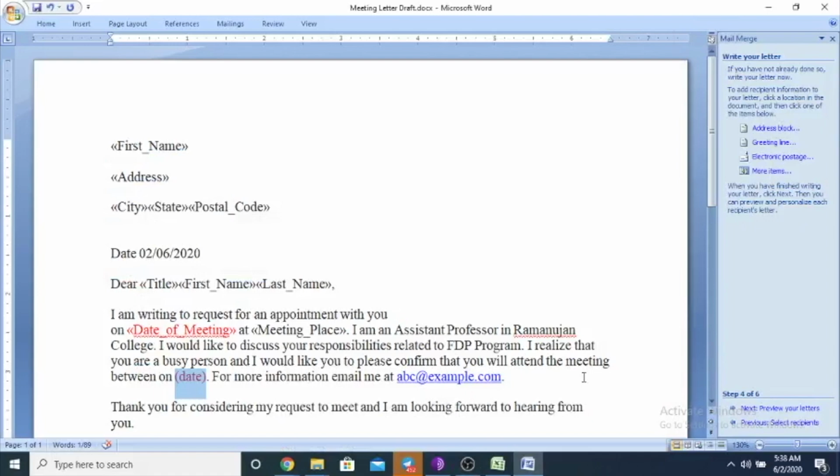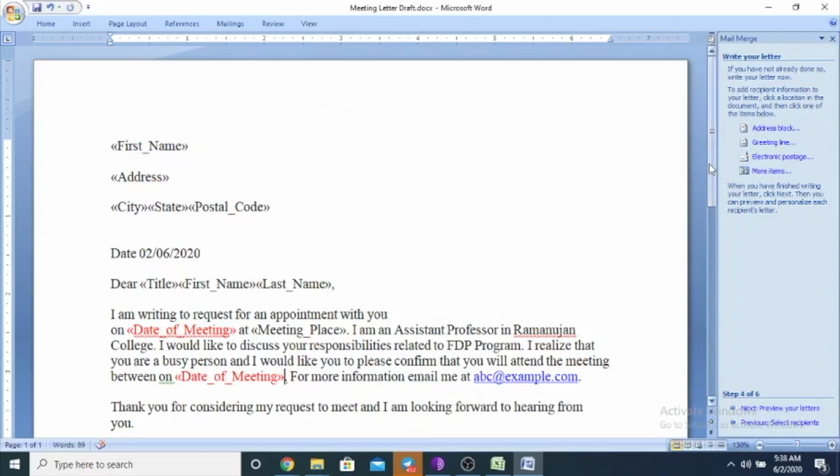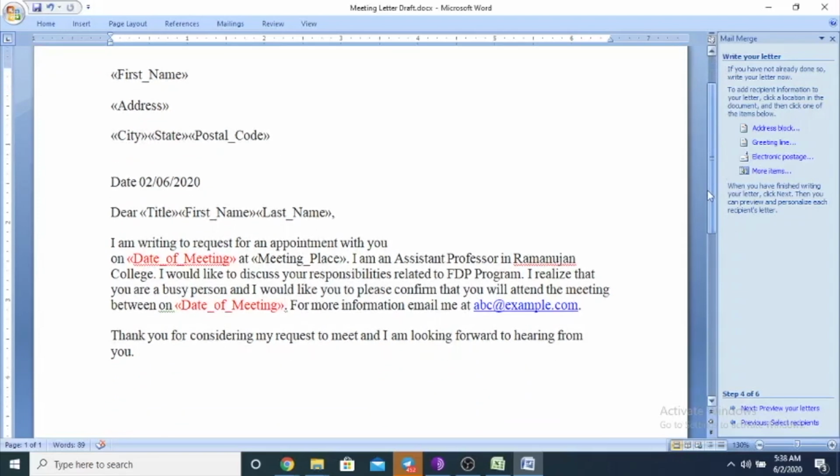Now this is the last part, which is the date field. I want to add the placeholder for the date, which is the date of meeting. So it is inserted now. Now close this. My letter is ready.